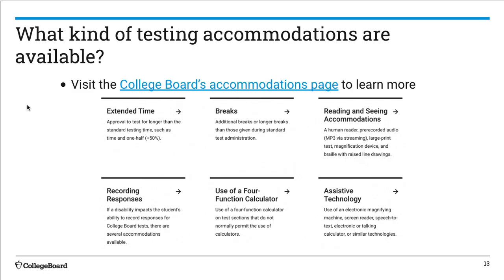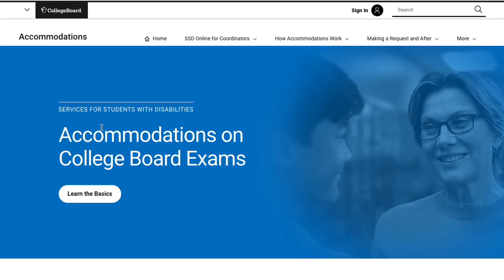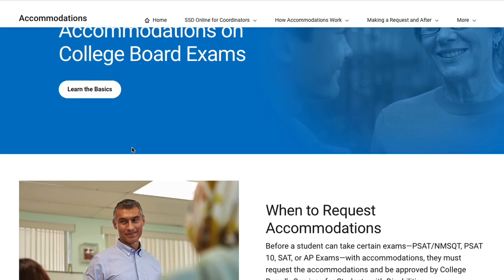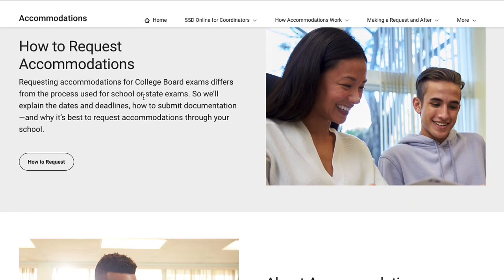You can also visit the College Board website to look at what kind of accommodations are available. So there's a few right there. If you click on the College Board site, you'll actually see what accommodations are available. You'll also learn how to